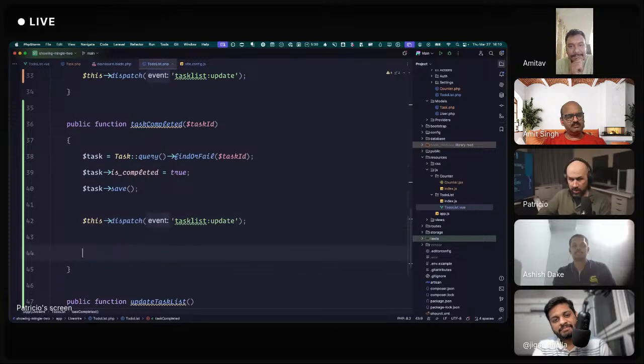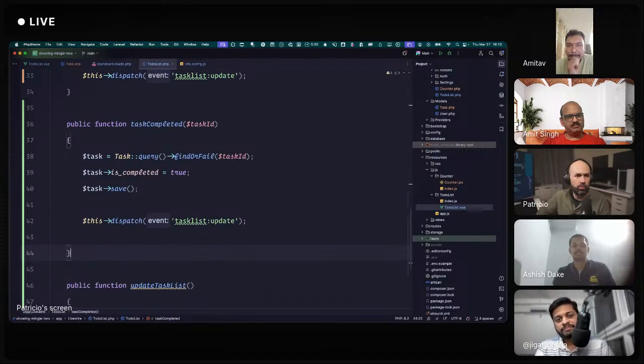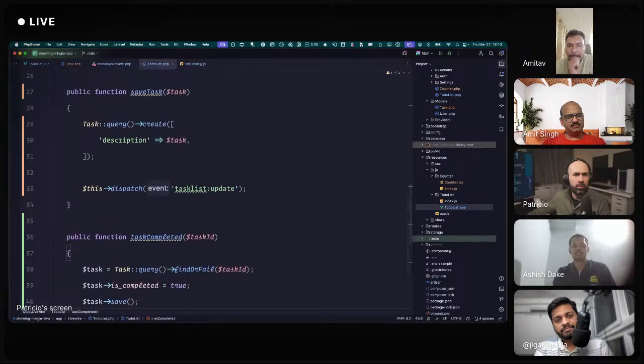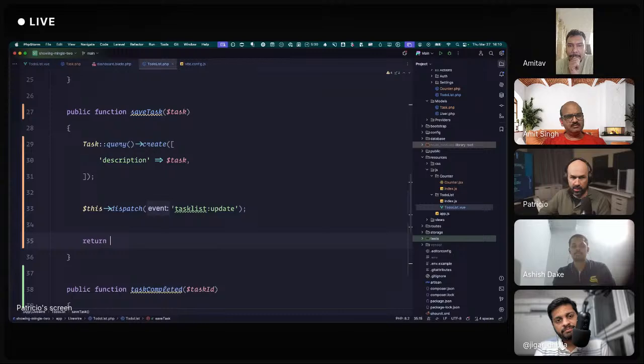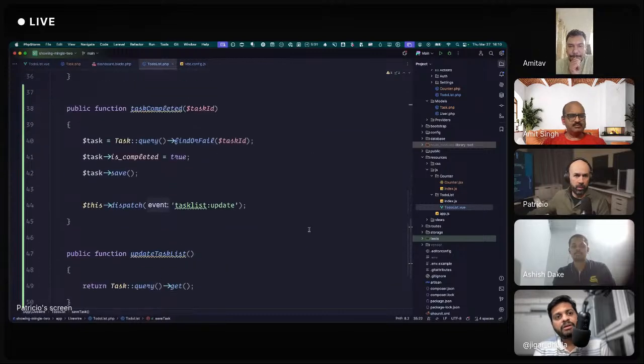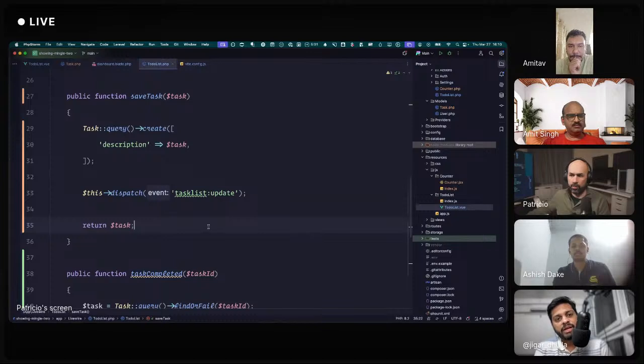Sure. So after we save, a standard would be: we save the task and we return said task, right? We don't have a task variable, I think.